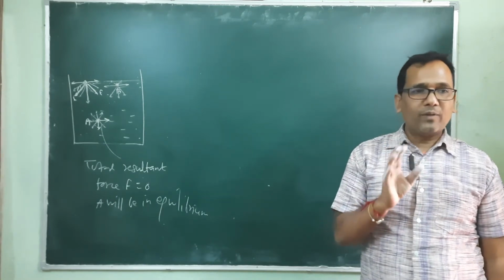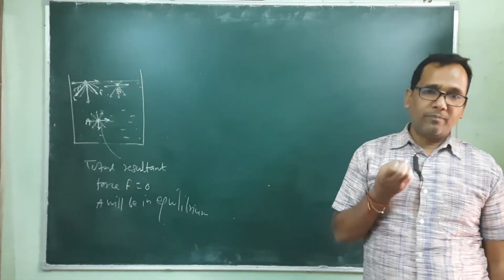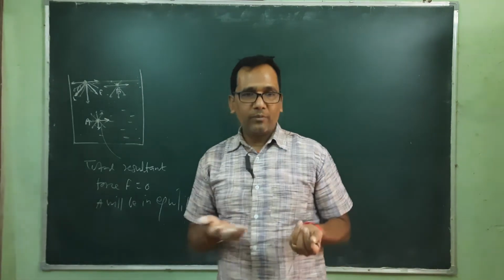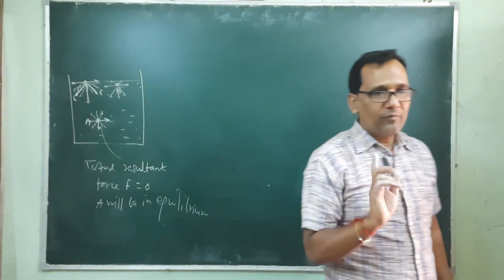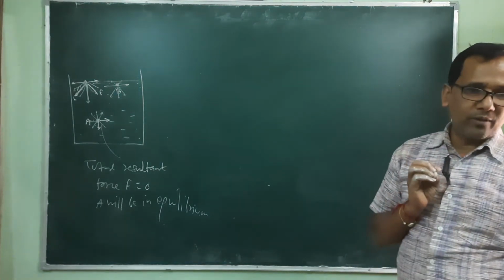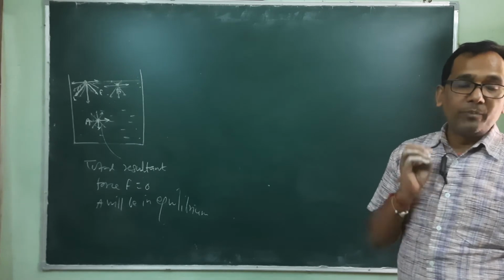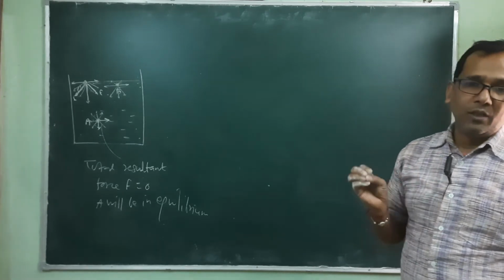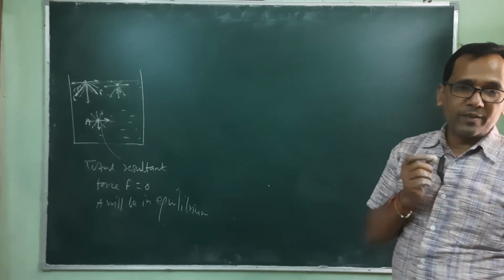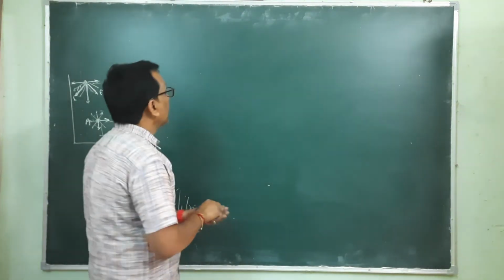You have different formulas for the surface area of different shapes: the triangle, cube, and conic shape. Everywhere you have a different formula, and for the sphere the surface area is 4 pi r square. This is minimum. So the minimum surface area is spherical. That's why the shape of a water drop or a mercury drop of sufficiently small size will be spherical. Okay, so let us define surface energy.